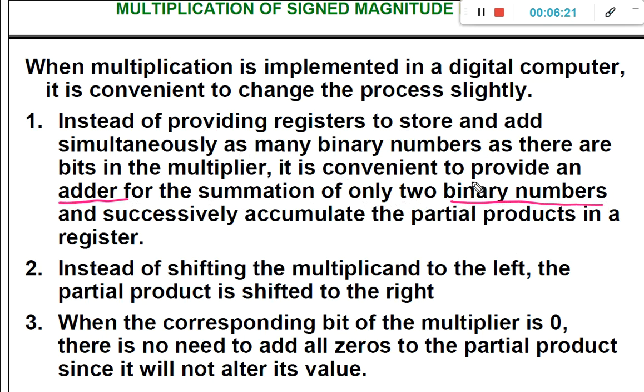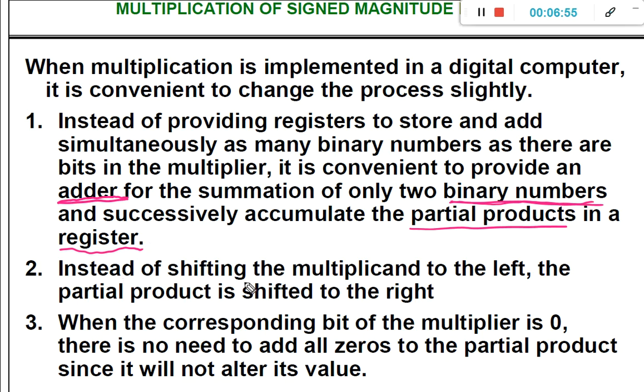So instead of providing several registers to store intermediate binary numbers, we provide only one adder circuit, which adds only two binary numbers and successively accumulates the partial products in a register. That is, to accumulate the partial products we need only one register rather than several registers.